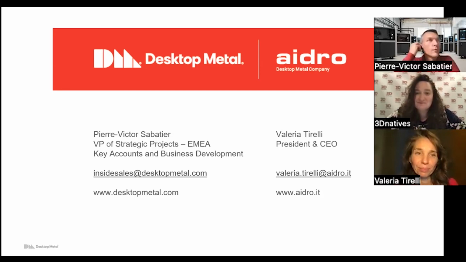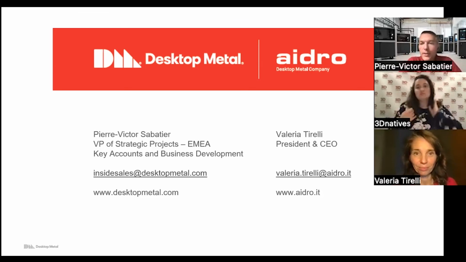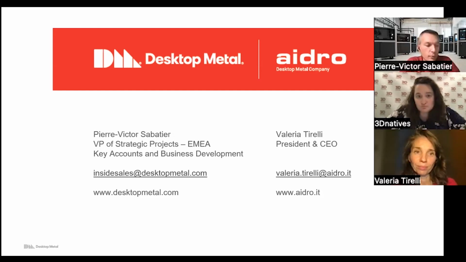And we are back to defining where is the value for the end users. If the value is to lower the cost per part on big volume, then you need mass production tools like our production system, because you need to be able to produce millions of parts per year. Sometimes the value is in the local production and the flexibility and the sustainability, the saving in carbon footprint. And that's where small systems and maybe slower systems that were not as attractive as our production system, for example, for the market.